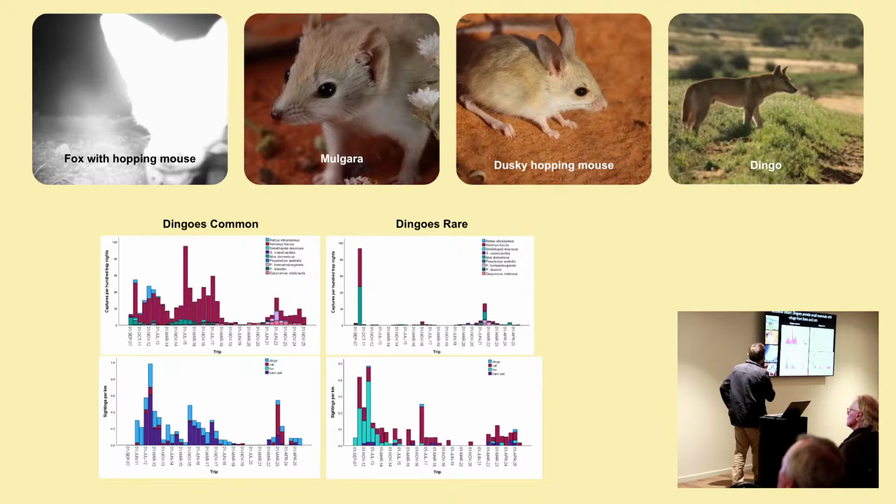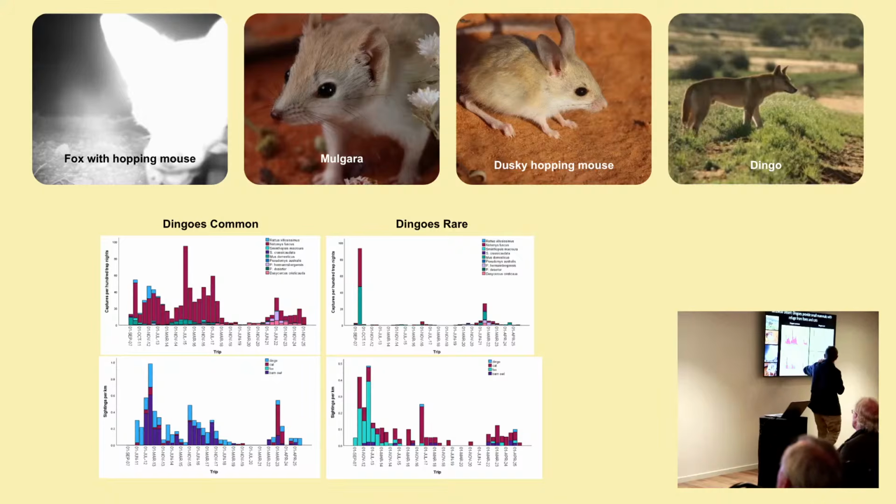And so over the last 20 years, my team and I have been following the ecosystem in the Strzelecki Desert, on the edge of New South Wales and the border with South Australia, and we've been sampling for small mammals and kangaroos and things on either side of the dingo fence. I've put up some graphs here. I don't really want you to worry too much about what's in the graphs, except think about the colours. The graphs on this side are on the dingo side of the fence, and the graphs on this side are on the very few dingo side of the fence.